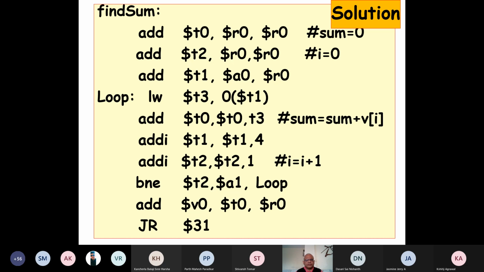We will accumulate the sum in the T0 register. And now we will also have a variable I, because we have to do this for k elements, just to keep track of how many elements we have added. We'll have this variable I in the T2 register. That also is set to 0.